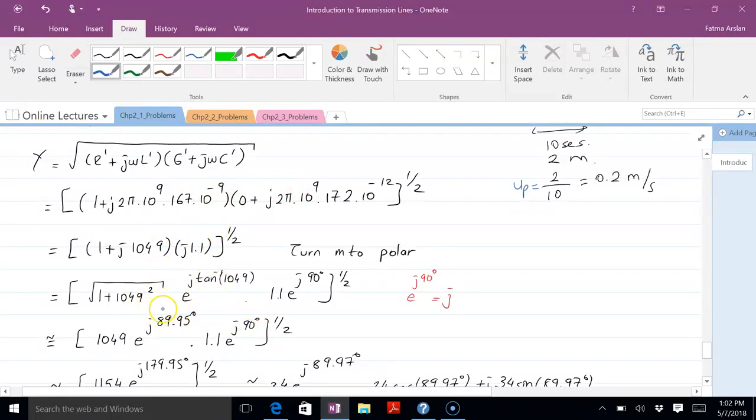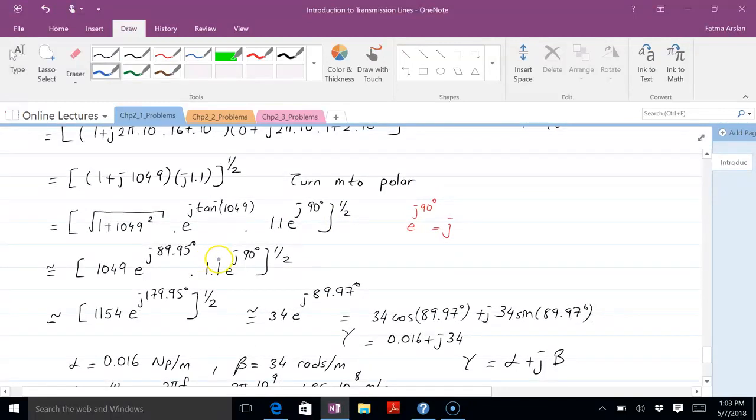So I have everything in terms of polar representation. It's really easy to take the power of that. We just take the power of the magnitude, and then we take the power of the angle. So I need to take the square root of 1154, and I also need to divide this angle, almost 180, by 2. So I'll get 34e to the j, but I really need to put this in rectangular form